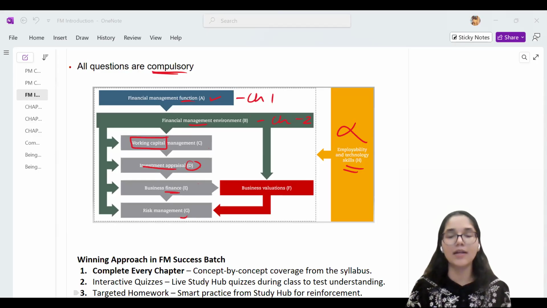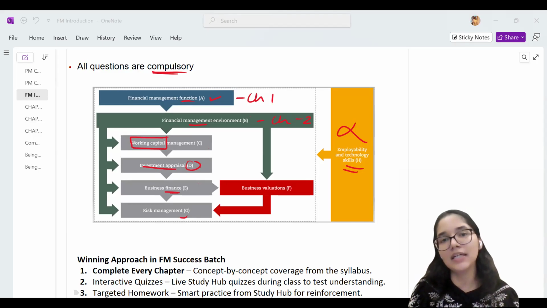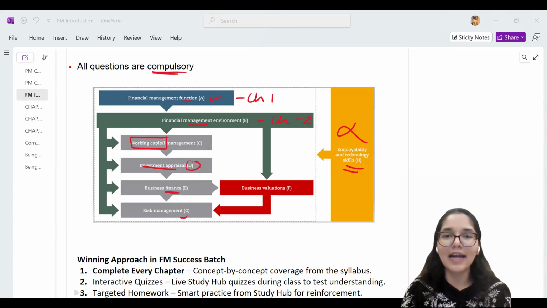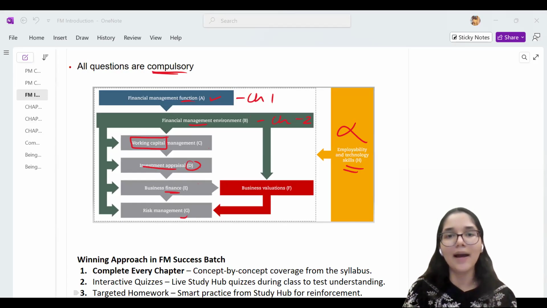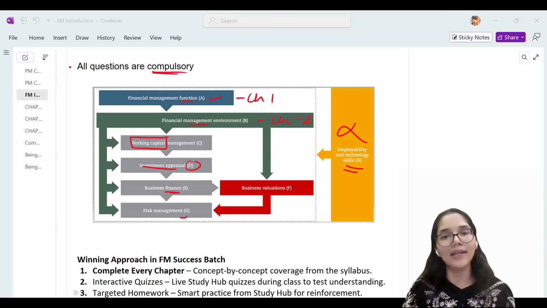So, here in business finance, you are going to learn that businesses have different ways of raising money for the business. Now, if I have to set up a business, the very first thing that I need to set up any business is the capital, the money. So let's suppose I have decided to open a plant where I will manufacture water bottles. In that water bottle manufacturing plant, I will need plant and equipment. I will need the people to do the work. So all of this is going to require money from my side.